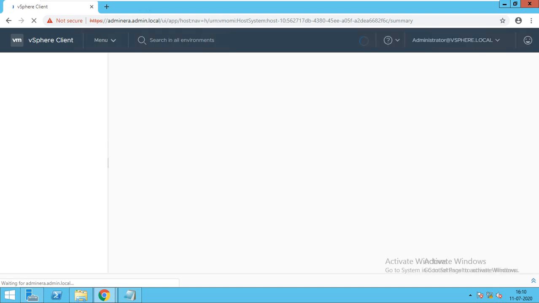After refreshing, when the page comes, there will not be any error called heartbeat. So the page came, wait for the cluster and the ESXi. Yes, it came. You can see the error has gone.